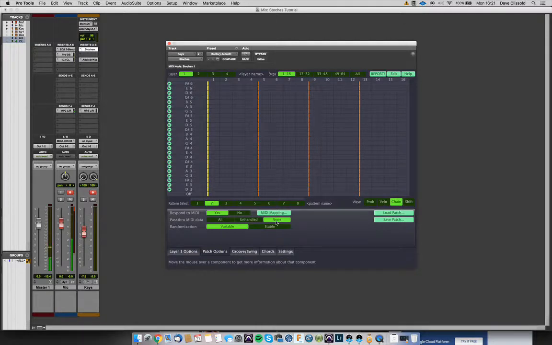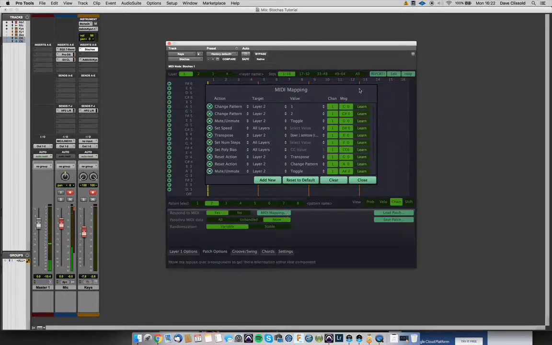Pass through MIDI data none is exactly that. Any MIDI that comes into Stochas ends here in Stochas. It does not get passed through. So if you do have a lot of MIDI maps assigned, because Stochas can have up to